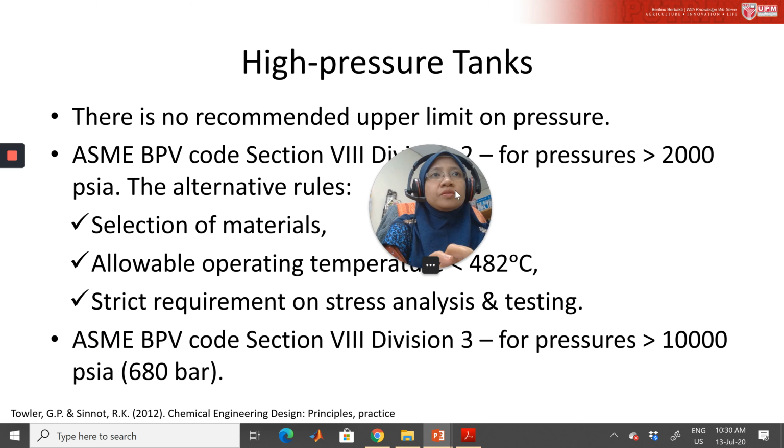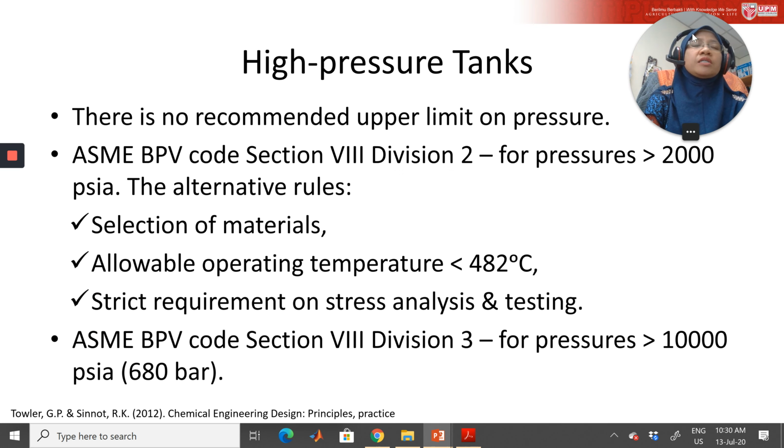So for high pressure tanks, there are many applications in industry that will need you to design high pressure tanks. Basically, there is no recommended upper limit on pressure. But the ASME BPV code Section 8, Division 2, provides the alternative rules to design high pressure tanks which operate above 2000 psia,